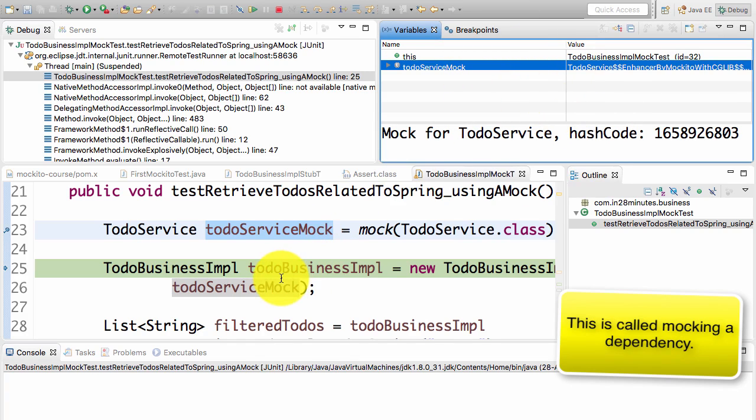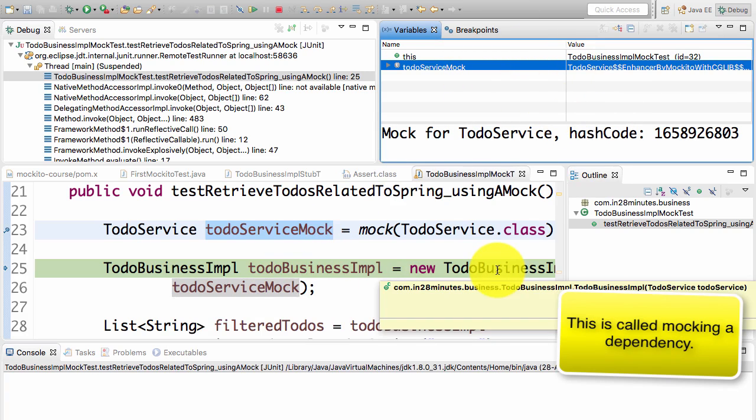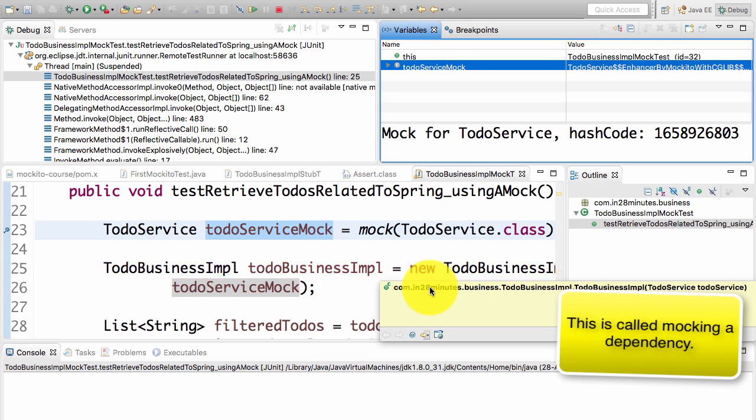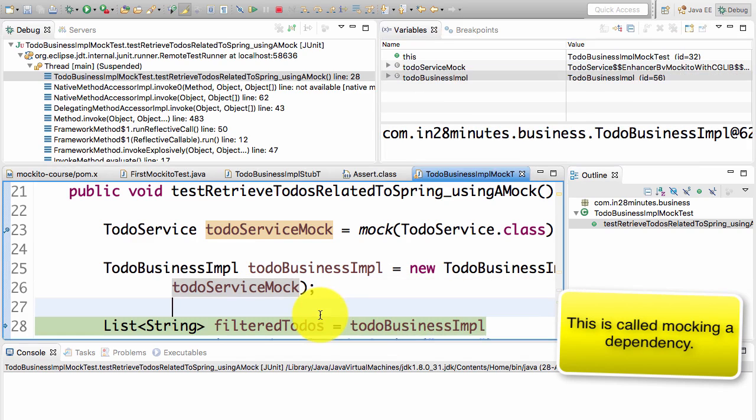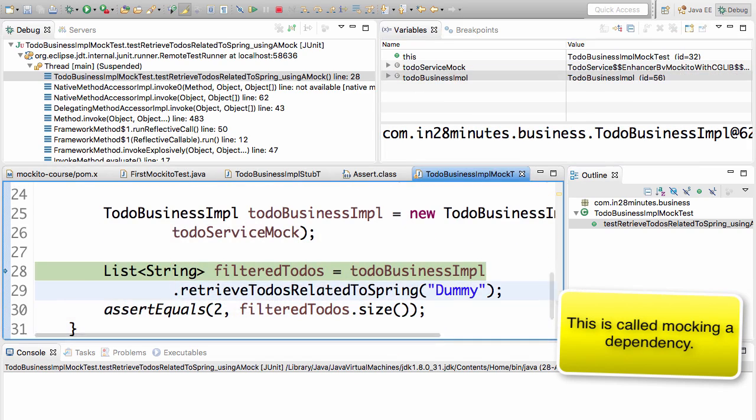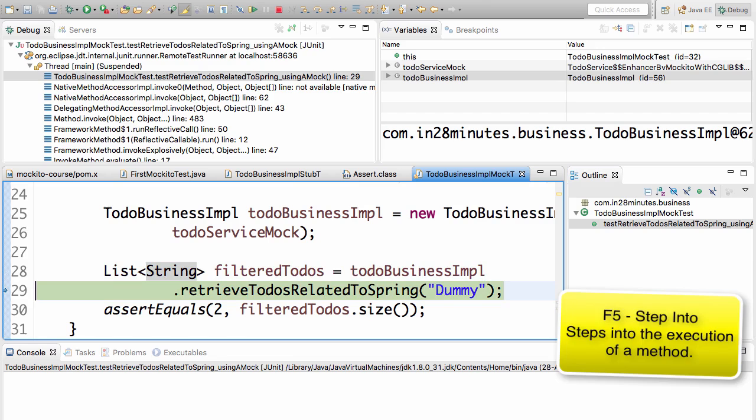So now what we are creating is a to do business IMPL with a particular mock. So I'm passing the mock to that and creating it. So let's create the to do business IMPL. I'll keep pressing F6. Now I would want to understand how the filter to do's method is working. So I would want to see what's happening in there. So I'll go ahead and press F5 here, so that I can go inside the method